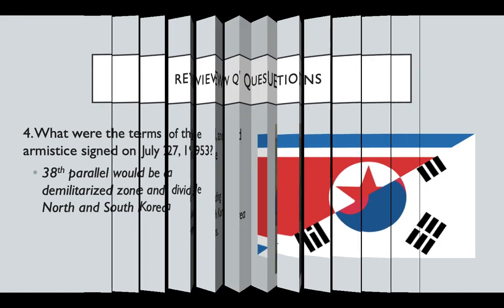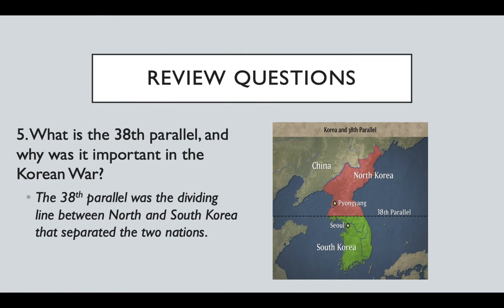Let's move on to number 5. The 38th parallel. We could go back to 6th grade with our latitude and longitude lessons for this one, probably. Which one goes vertical and which one goes horizontal? Parallel is another word for a line of latitude. And since it is dividing Korea into North and South Korea, that should make sense. Lines of latitude run from east to west. So the 38th parallel will, of course, divide the two nations as it does to this day.